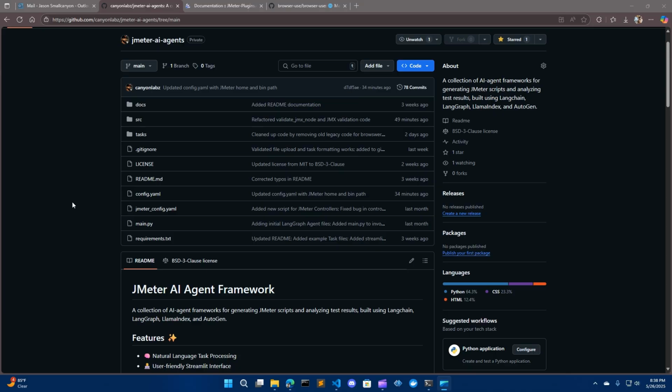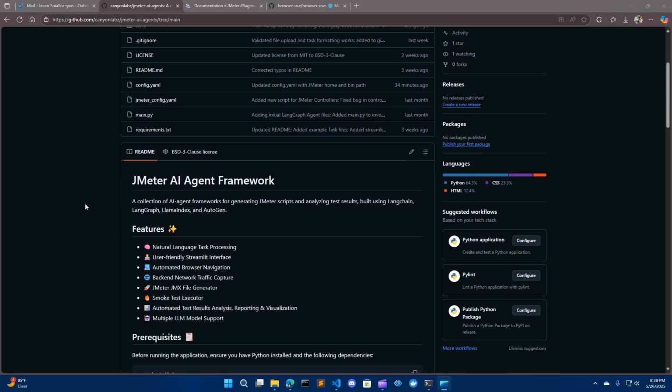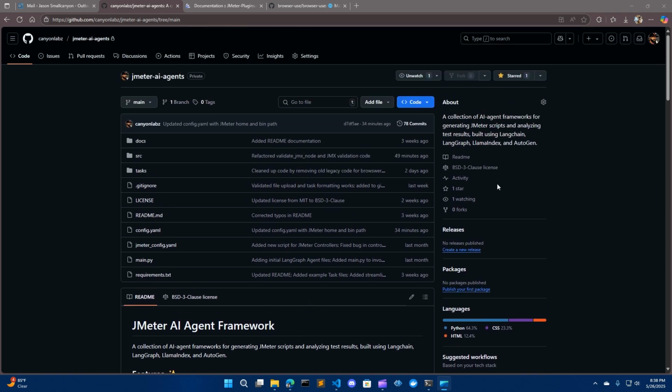report. As part of this framework I'm building out, it's actually an AI agent framework that uses Python, and it also utilizes some underlying technologies, specifically LangChain, LangGraph, Llama Index, and eventually it's going to use AutoGen for the reporting aspect of everything. Currently, I'm just working on the first part of the framework, which is generating the JMeter